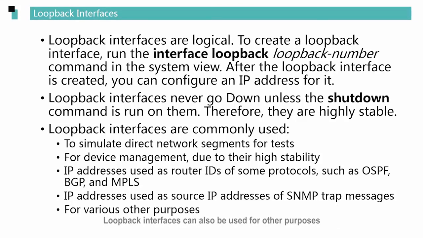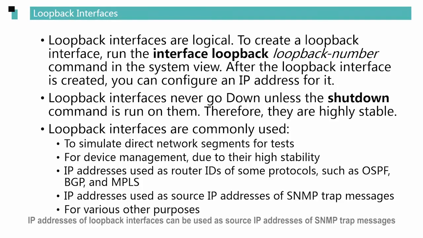In the previous experiment, the loopback interface was used to simulate a direct network segment. Loopback interfaces can also be used for other purposes. Loopback interfaces never go down unless the shutdown command is run on them. Due to their high reliability, loopback interfaces can be used for device management. In addition, IP addresses of loopback interfaces can be used as router IDs for some protocols, such as OSPF, BGP, and MPLS. Last but not least, IP addresses of loopback interfaces can be used as source IP addresses of